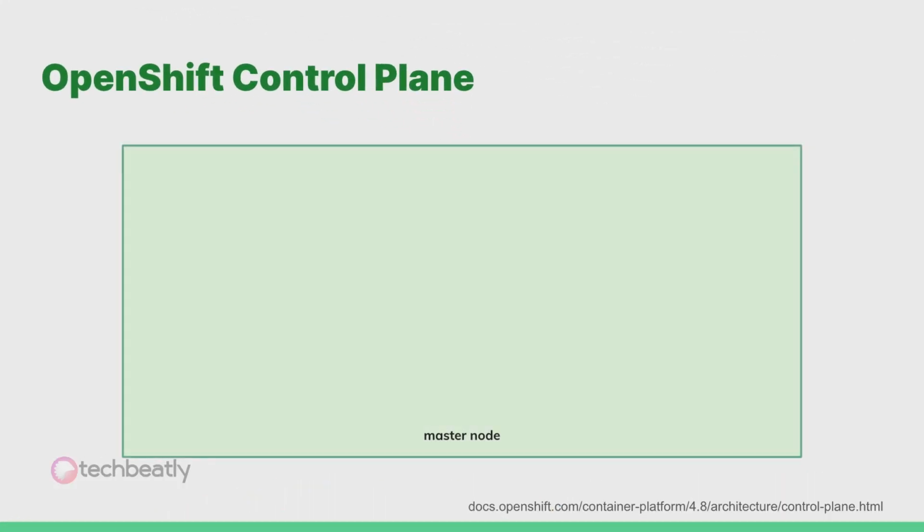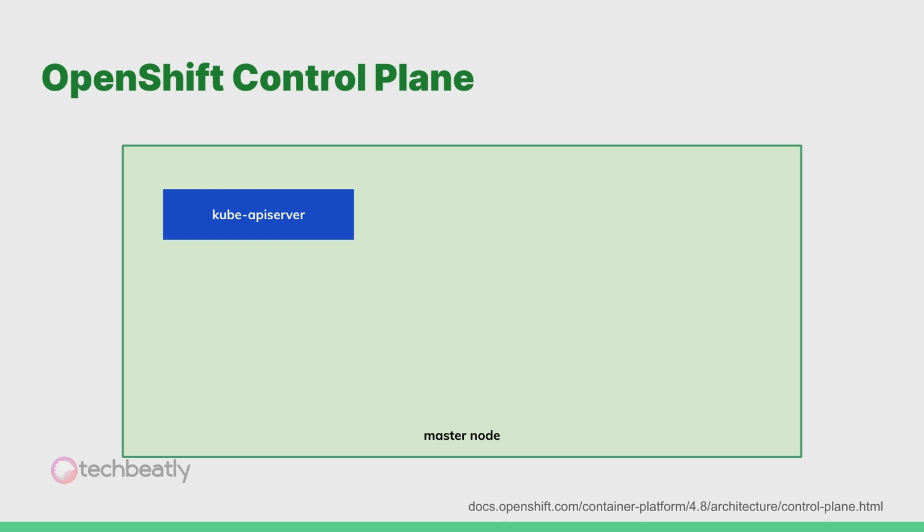Primarily, you have two types of nodes in an OpenShift cluster: control plane nodes and compute nodes, also known as master nodes and worker nodes. By default, OpenShift will configure the master nodes in such a way that end user application pods will not be able to deploy on master nodes. Master nodes or control plane nodes are dedicated for running control plane services.